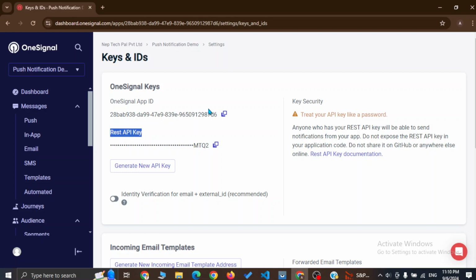So let's make a separate file on our project to store this key, and make sure that whenever you push the code in GitHub, make sure to include that file in Gitignore, as these keys and IDs are sensitive and anyone can send the notification in your app if they got this app ID and Rest API key. Okay, so let me copy these two